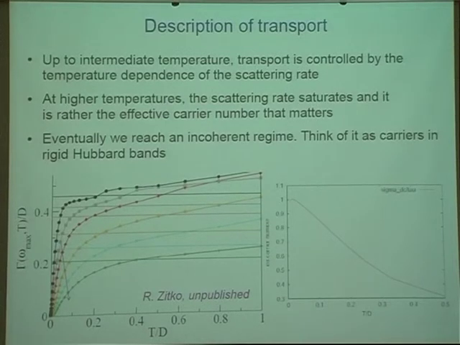And then what drives the fact that the conductivity still increases with temperature is basically that you lose carriers. It's like you have rigid bands, and with increasing temperature, you lose carriers. This is seen quite nicely in a plot provided by Roque Gitko. This is unpublished data, which shows that as you increase temperature, the scattering rate at some point stops increasing. So as you go to the Mott-Ioffe-Regel limit, your scattering rate eventually saturates. So if the physics were just about scattering rates, the resistivity wouldn't keep on increasing. The reason it keeps on increasing is that you lose carriers in that regime.